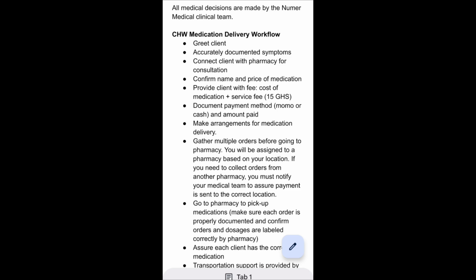You want to know what's happening, what the patient is going through, and at that point, you go ahead to accurately document those symptoms. Then you connect the client with a pharmacy. So after documenting the symptoms, the next step would be to contact the pharmacy directly and state that you are with a client and you would like to do a brief consultation to determine what medication should be given to